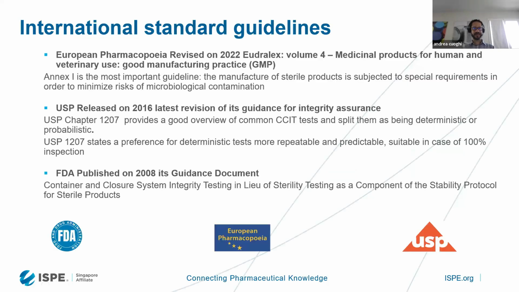There are some main guidelines and laws that regulate the market and the controls that have to be done for guaranteeing the quality we want to have. The most important reference is the European Pharmacopeia, which gives very important guidelines that say when and what we have to do as inspection. The USP, the United States Pharmacopeia, in